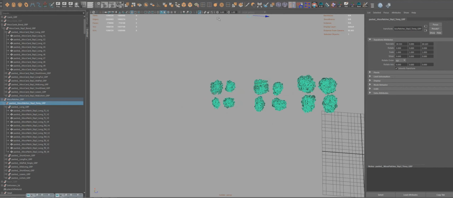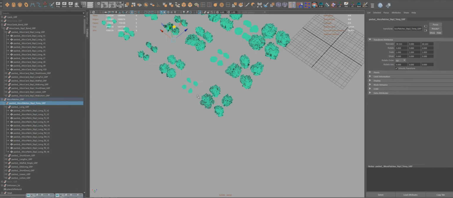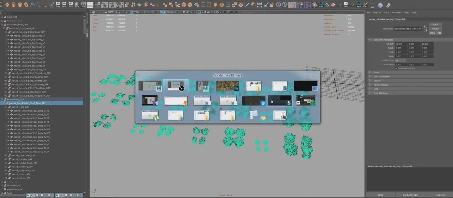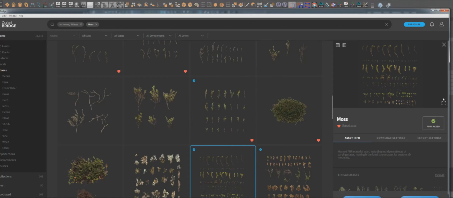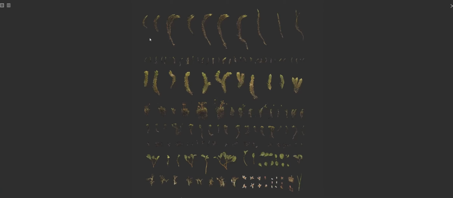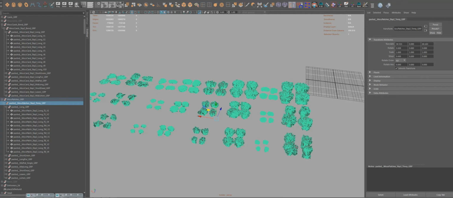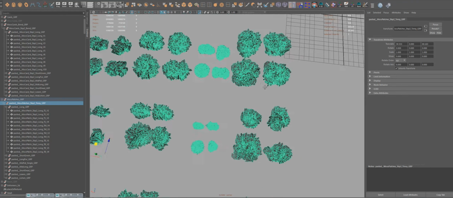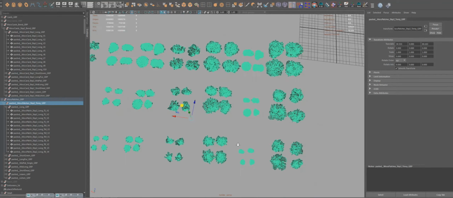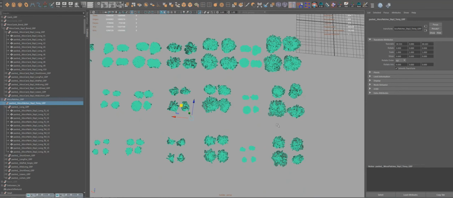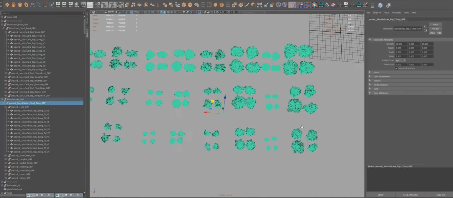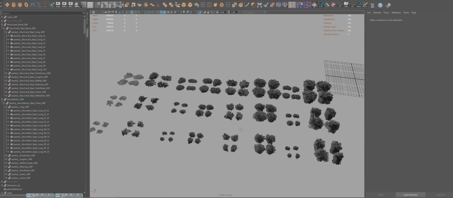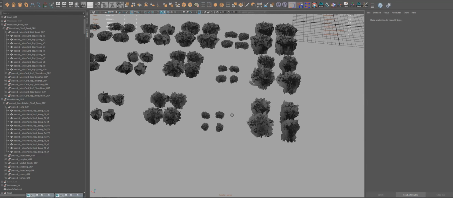So here it's the group of all the types of moss within the card. So here it's the first 12 that we made. So these are the smalls, the mid size, and the big size, and then the other type of moss, as I said. And well, the end result is this garden type of thing